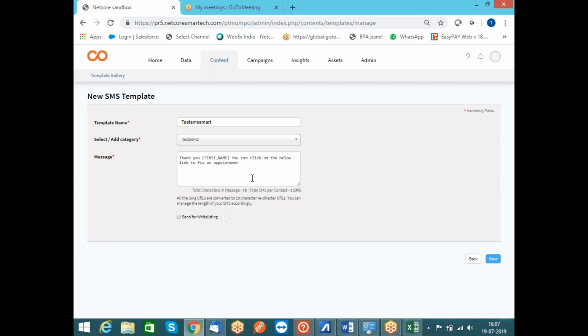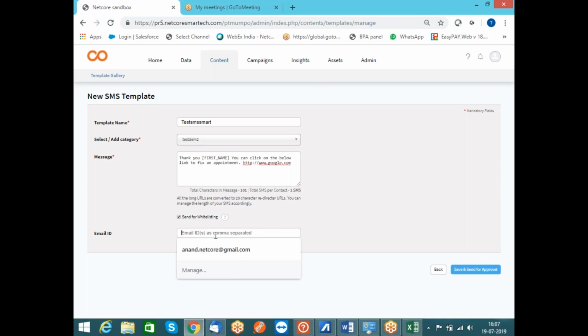Now here you also have an option wherein if you are using any link, that link can be automatically shortened over here. So I put the link over here with HTTP or HTTPS extension. Now here for sending out for whitelisting, click on this option, give an ID over here so that you